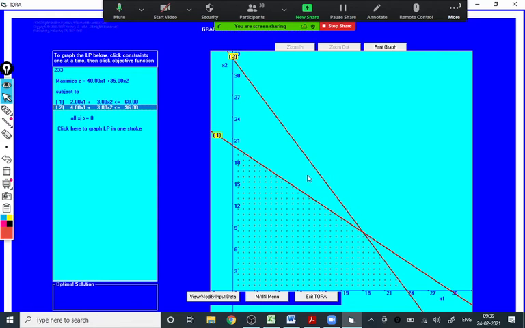There are two ways of getting the coordinates of a corner point. One way is to solve the two equations, 2x1 plus 3x2 equal to 60 and 4x1 plus 3x2 equal to 96, simultaneously and find their point of intersection. The other way is to plot a perpendicular on the x-axis and on the y-axis and read off the coordinates, but for that it is better to have graph paper. With graph paper you get the coordinates without solving the equations.